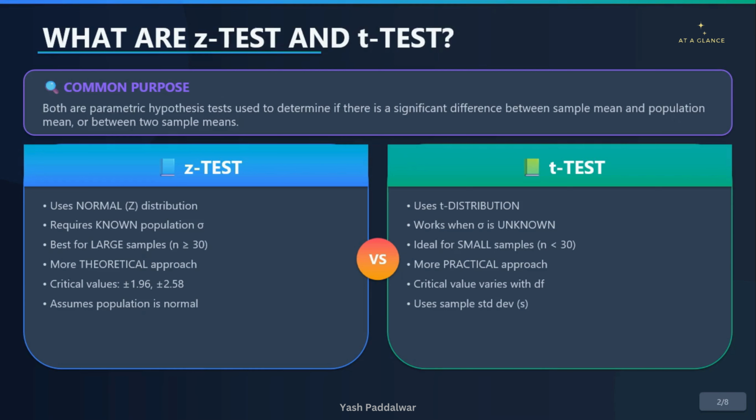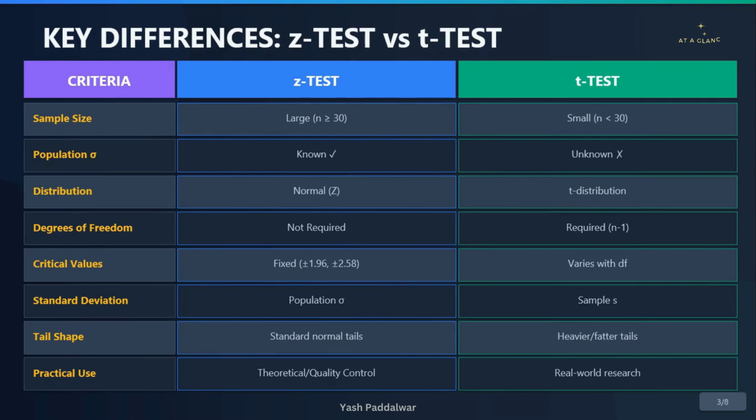Now let's have a look at the actual comparison table between these two tests based on certain criteria. Here I have some criteria on the left, and on the right I have a partition for Z test and T test. The very first criteria is sample size. If your sample size is large, let's say greater than 30, then you can use Z test. It is better for larger sample size. If your sample size is smaller, wherein in real world cases we cannot always get a large sample size, then we can simply go for T test, which holds good when your sample size is lesser than 30,